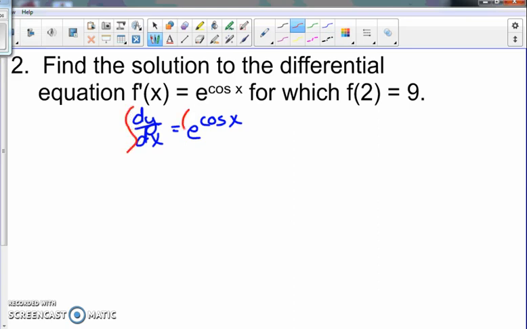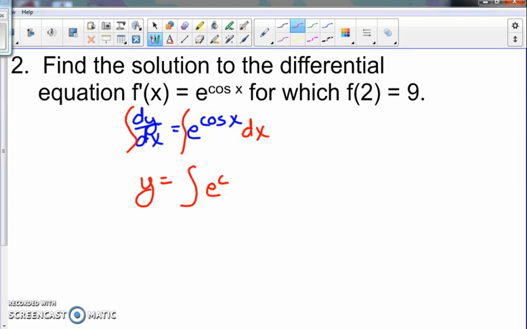integrate both sides, and so this would integrate to y, and then I would get over here and I would start thinking, okay, well, e is its own derivative, but I have a function up here that's not just a plain old x. I can't really do backwards chain rule here with this. So if you get stuck, this is like such a cop-out, but if you get stuck and this is not a function that can be integrated algebraically, then your solution is just to write it as